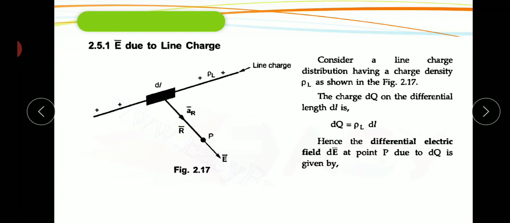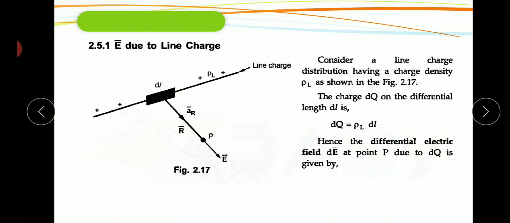Let us consider a line charge having charge density rho L. Charge density means charge per unit length. Now on this line charge, let us assume a smallest length, that is a differential length dl. Now assuming a charge dq on this dl length,